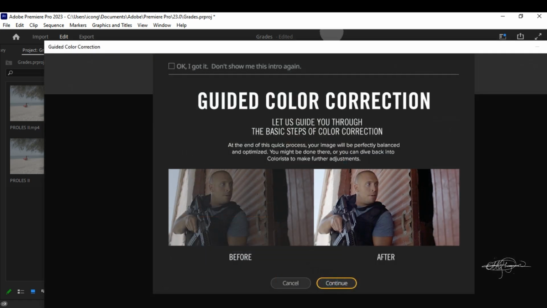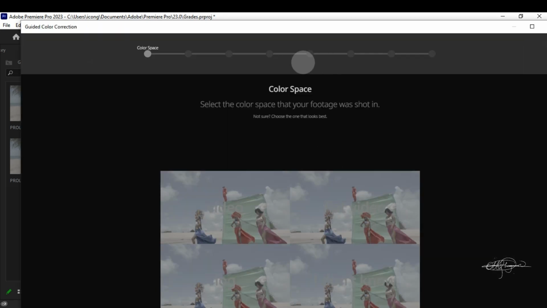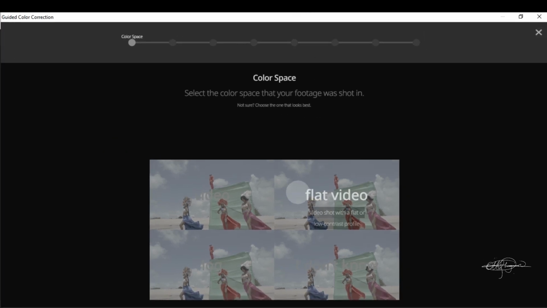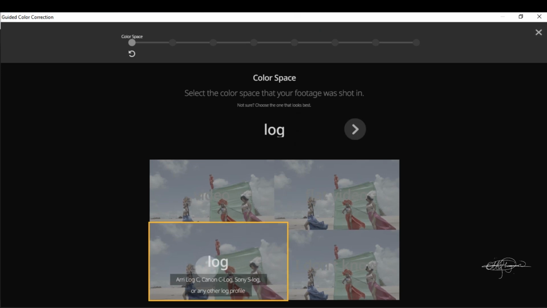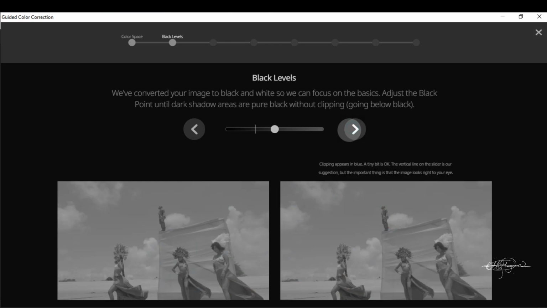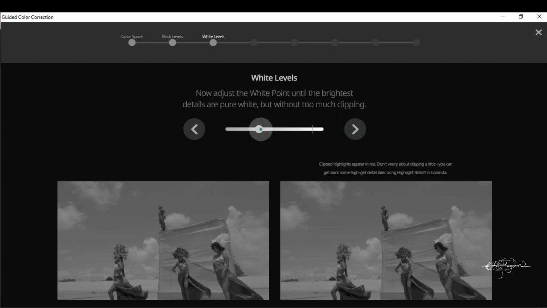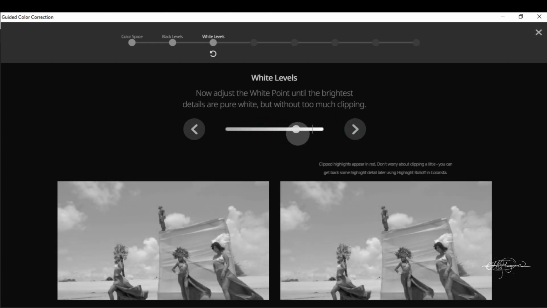Then you press next. So here they're asking us the color space, in which format was this video shot. I think it's a log video. Then I press OK. Then my black levels, I can drop them a bit down, but not much. I can put them somewhere there. Then I press next, my white levels. Then my white levels, I can take them a bit here,